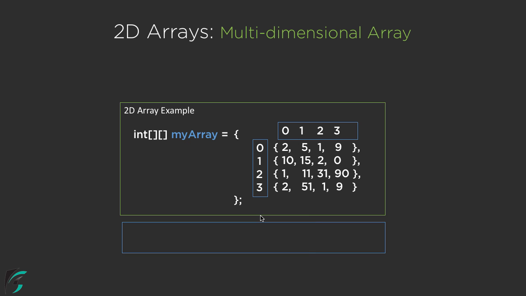Now, if I ask you to access this value of 51, so how you are going to access this value of 51? So here, let us take an example such as system.out.print the value at the index of 3 and 1, that is the third row and the first column. So this is the third row. 2, 51, 1 and 9 are the content of the third row and the first column, which means this first column. So third row and first column simply points to the value of 51. So this simply prints out the value of 51 in the output console.